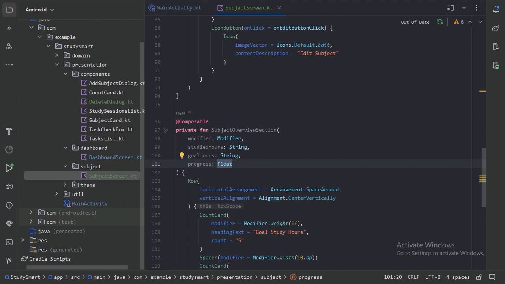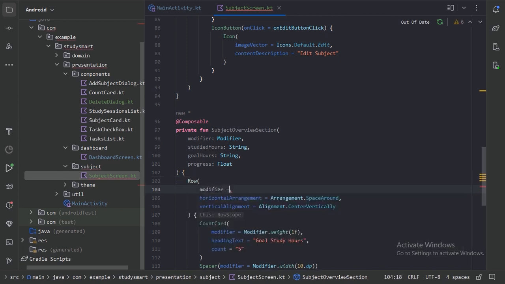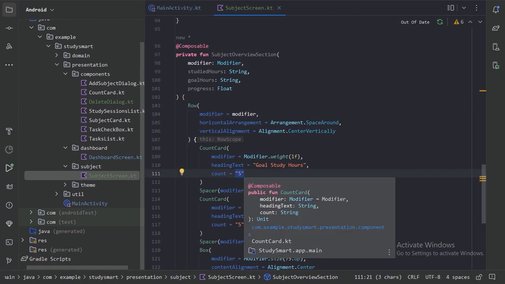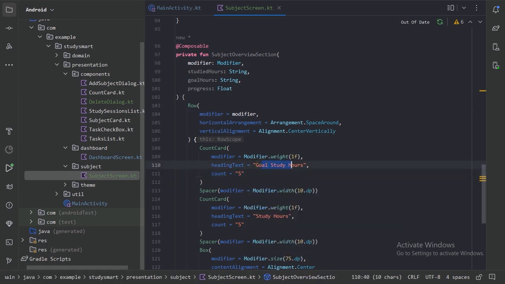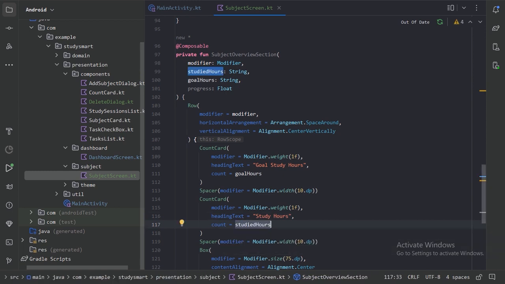So here I have this modifier. So let's attach this modifier to our parent layout. And here in this count card, our count will update dynamically and this heading text will remain always the same. So I have just provided the hard coded value. So here count we will update dynamically. Goal hours, and here is studied hours. And this progress we will provide